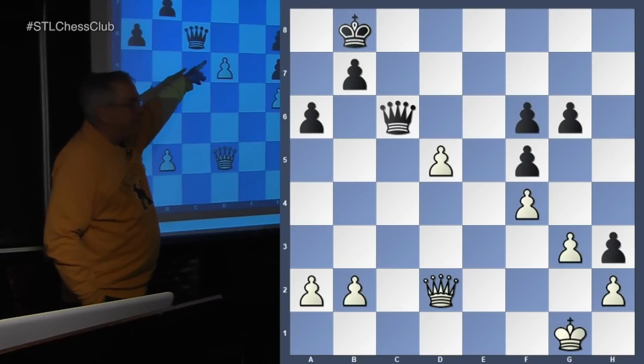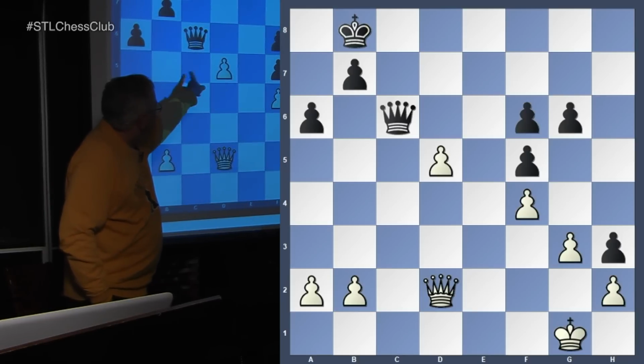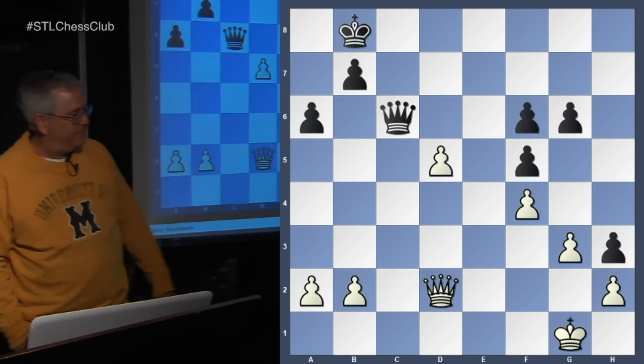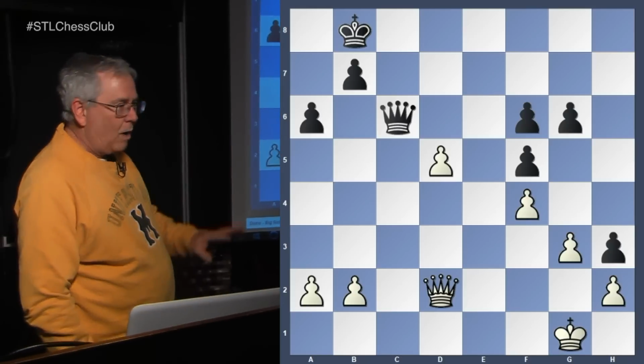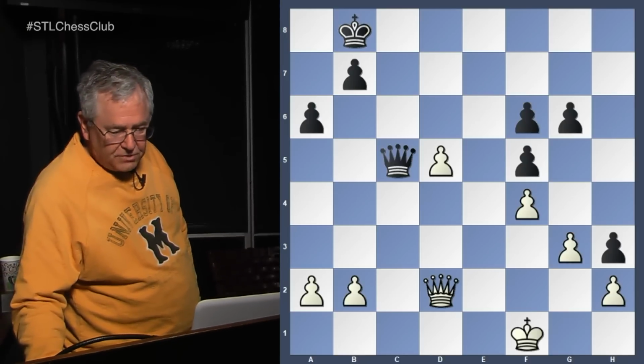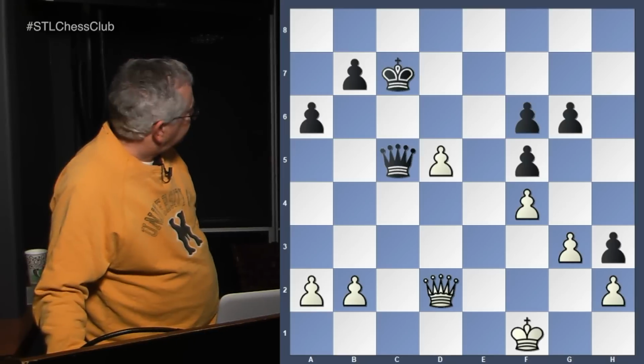And the king can move to d6, and then the queen and king can win that pawn. White doesn't have time to move his king up to defend the pawn. White might be feeling a little trouble here, but he has a resource. So king to c7,